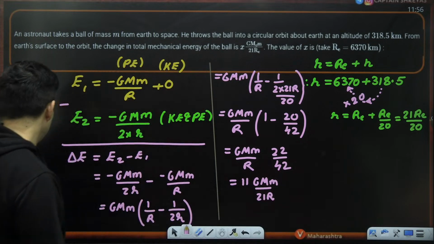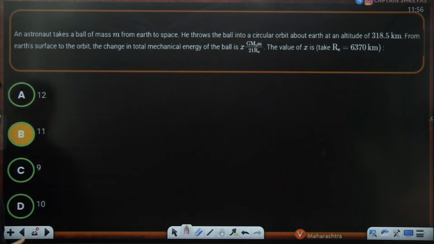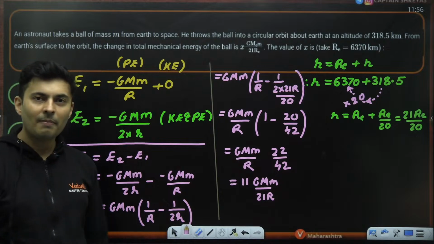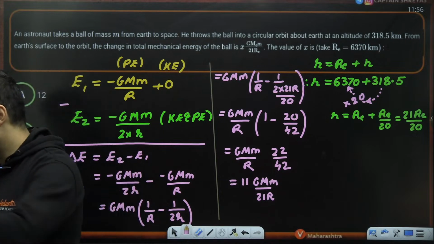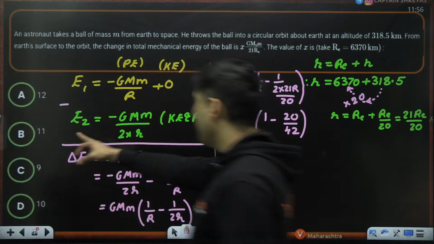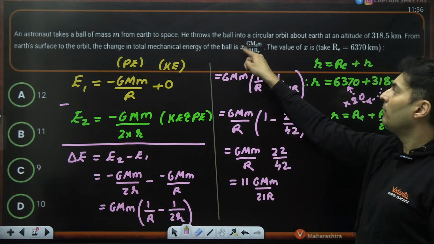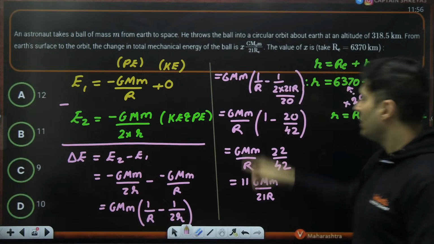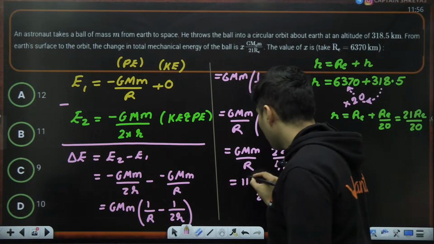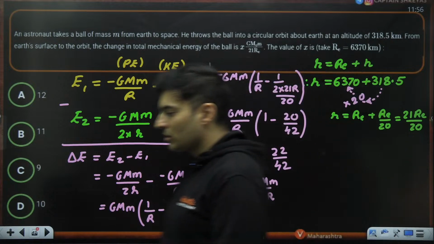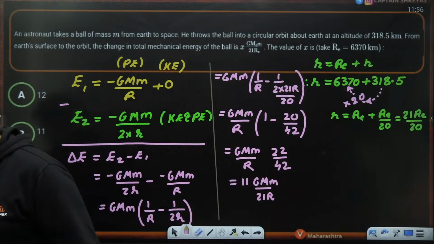So the answer should be 11, I believe. Yes, it is 11. Perfecto. It is not D. It is B. Some of you made a mistake there. Yeah, it is 11 times. So the value of X is 11 over here. So this is that value which we wanted. Cool. Understood? So such kind of questions also come.